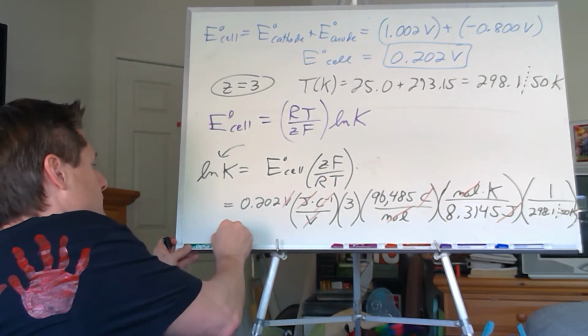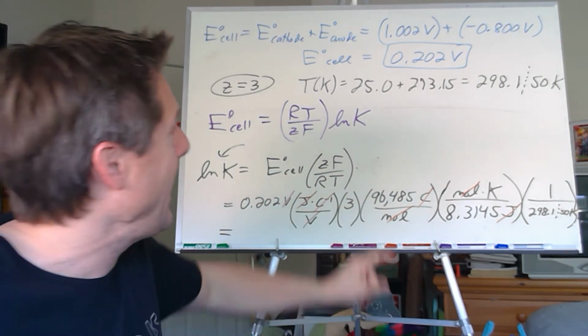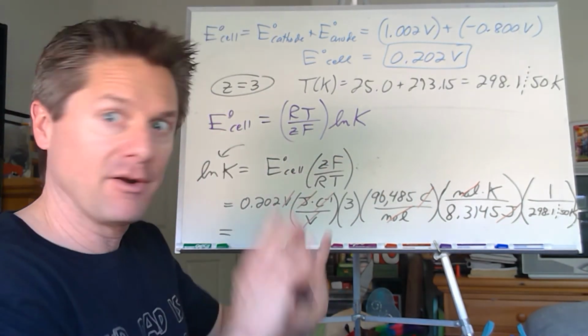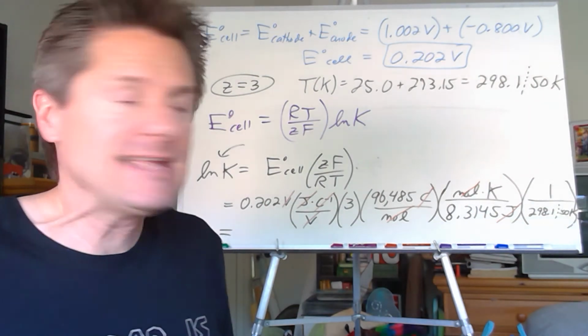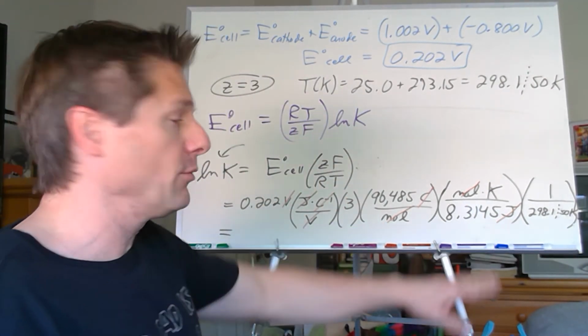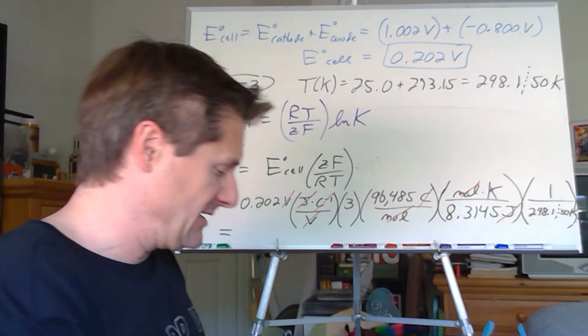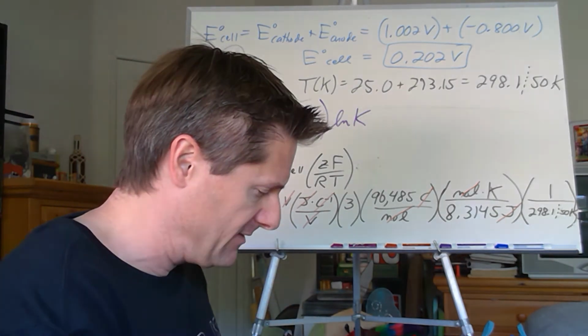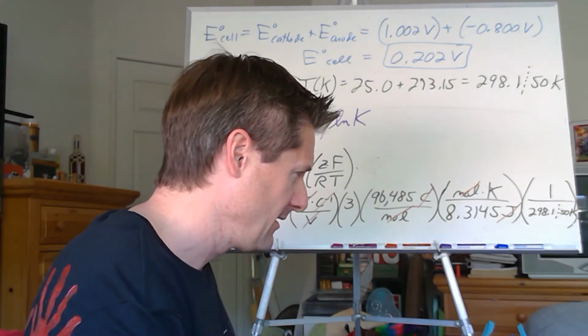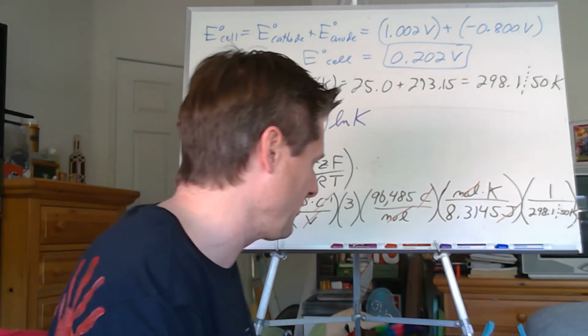All right. So let's get this value of log of K, and then we'll just solve for K right here so I can leave it up on the board rather than erasing it and doing a whole new board. The limitations of what I'm doing. All right. So go through and calculate that out real quick. Get your trusty dusty calculator to 3 sig figs. What do you end up with? 3 sig figs, so